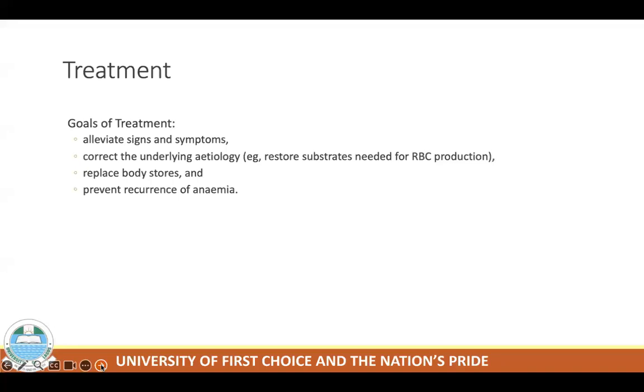And then you now take the patient off the treatment, or prevent recurrence of anemia. For example, after providing treatment, after alleviating signs and symptoms, if the underlying etiology cannot be corrected, then you have to institute a maintenance dose that ensures that the patient does not